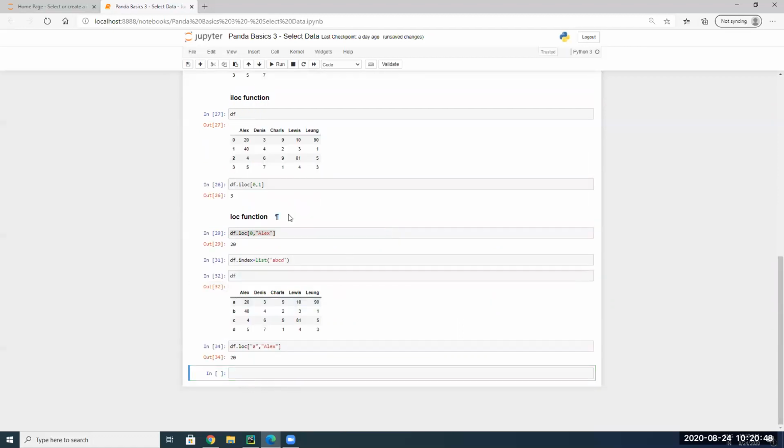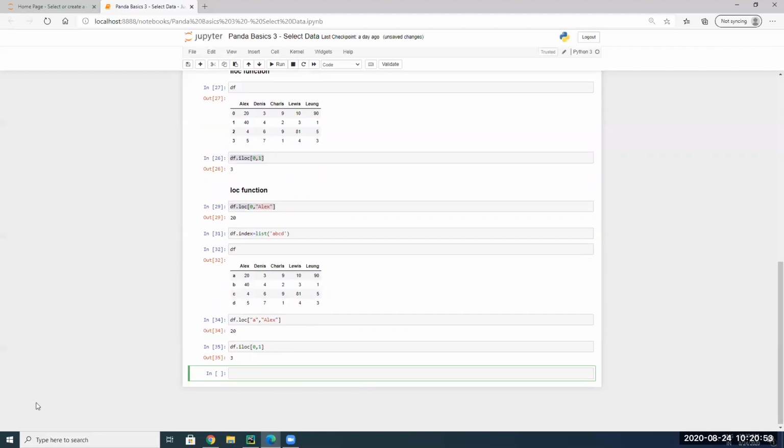Now please note, if you use an iloc function in the same case, it will still work, because the iloc function is designed to work on row indexes and column indexes. However, the loc function is designed to work on row labels and column labels. So this is a fundamental difference between loc and iloc. The i in iloc means it should always use a row index and a column index. In the case of the loc function, we use labels, the actual labels of your rows and columns.